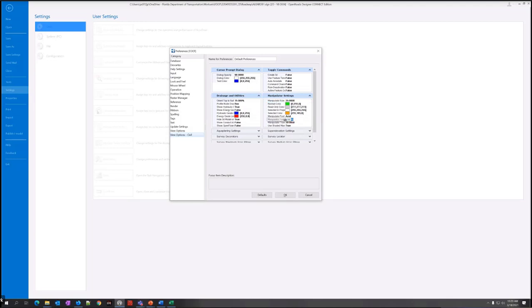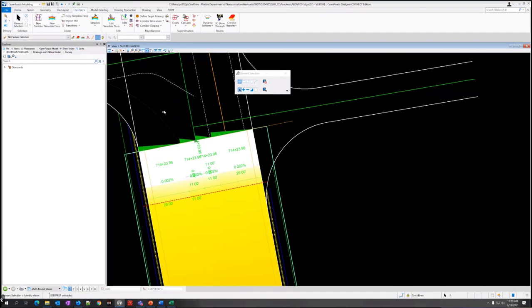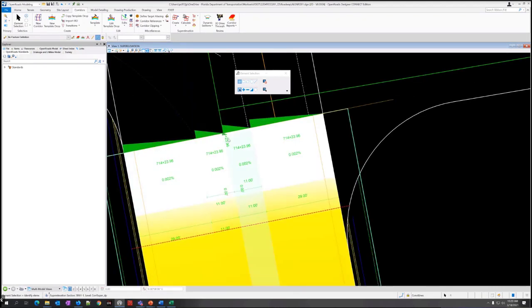Manipulator font. I'm going to change that so you can read the text a little better. I'm just going to change that to 2, and then click OK on that. And click the back arrow. If you need to, you can turn it off and back on, but it made the settings right away. So now I can zoom in a little bit if I have trouble seeing what's what. Because I made it green, you can see it hides a little bit. If I hover over it, I can see the full text.